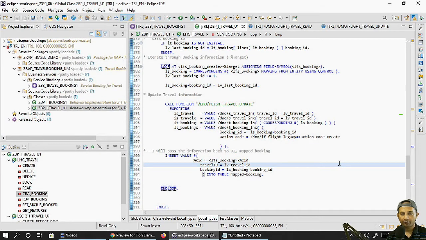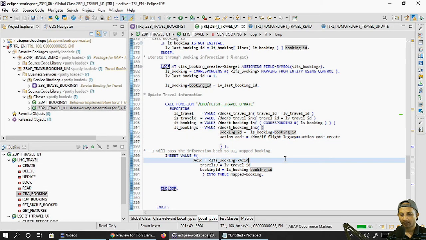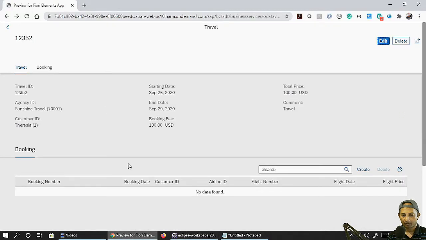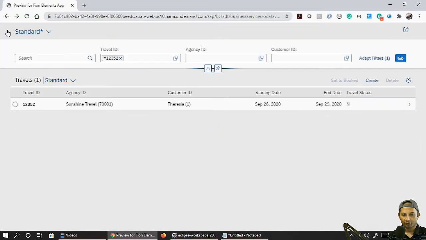So one important thing before we test, and that is like this action code. Okay, this is quite important, because if you don't pass this action code, the function model will not update. So that is thing you have to pass along with the booking id that we have just received. Okay, so I have already activated it. So let's now reload this application once more, just to be sure.